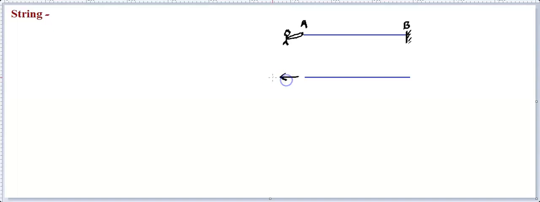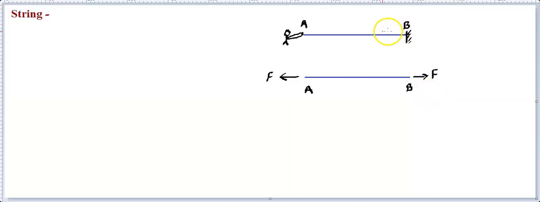So if this person is pulling with a force F, someone is pulling it, then you'll find at B point, this is happening at A point, right? So at B point, you'll find this point is also being pulled by this fixed structure, that's a wall. So we will show that this is being pulled at another end as well by this wall or this fixed location. So either you make this kind of structure or you can make this kind of arrangement. Both are the same thing.